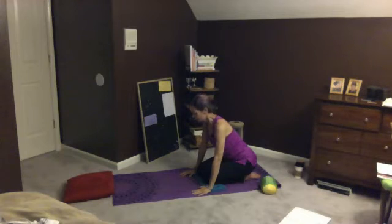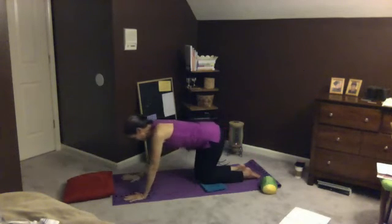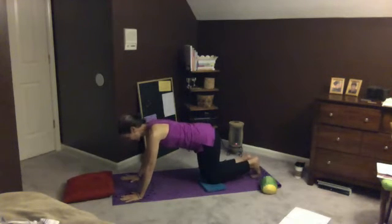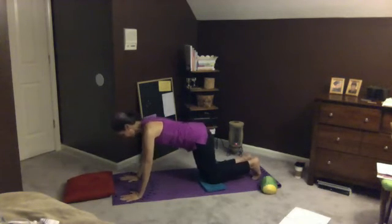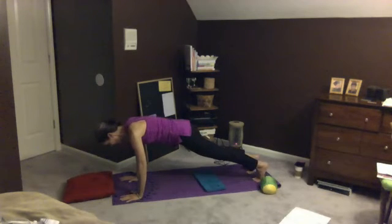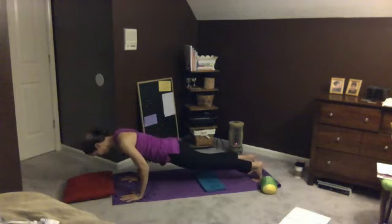Then we're going to come and lay all the way out on our belly. So just walking ourselves out. We can come to plank, or we can leave our knees on the floor. We're going to find that incline or find the plank, breathing big, and on the exhale, slowly lowering the body,